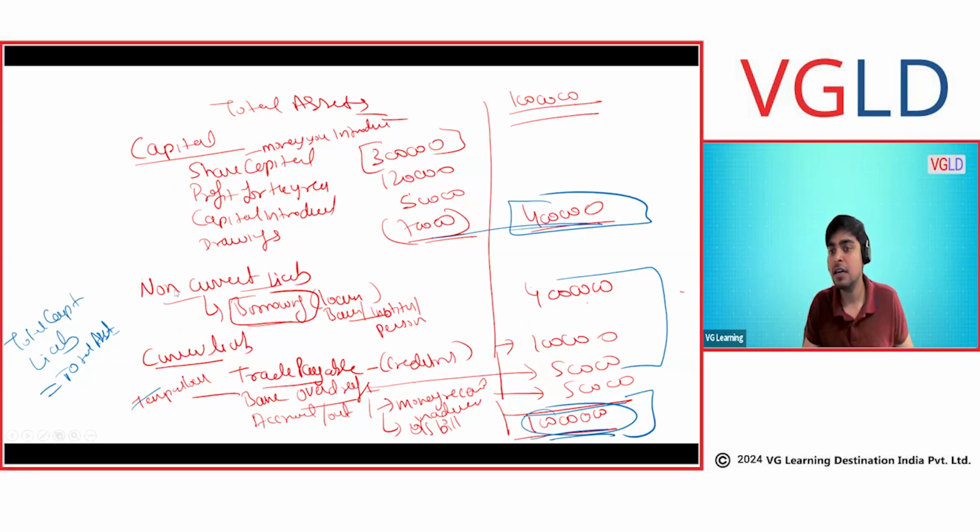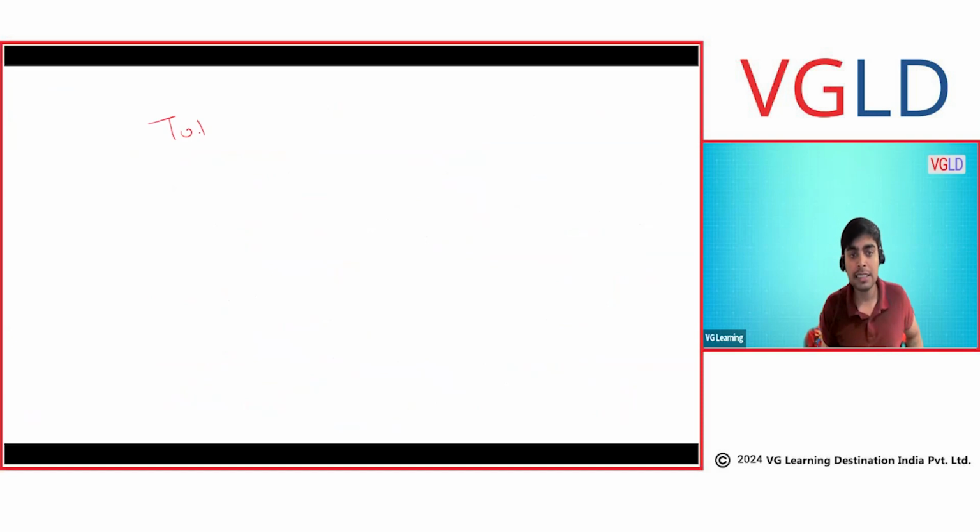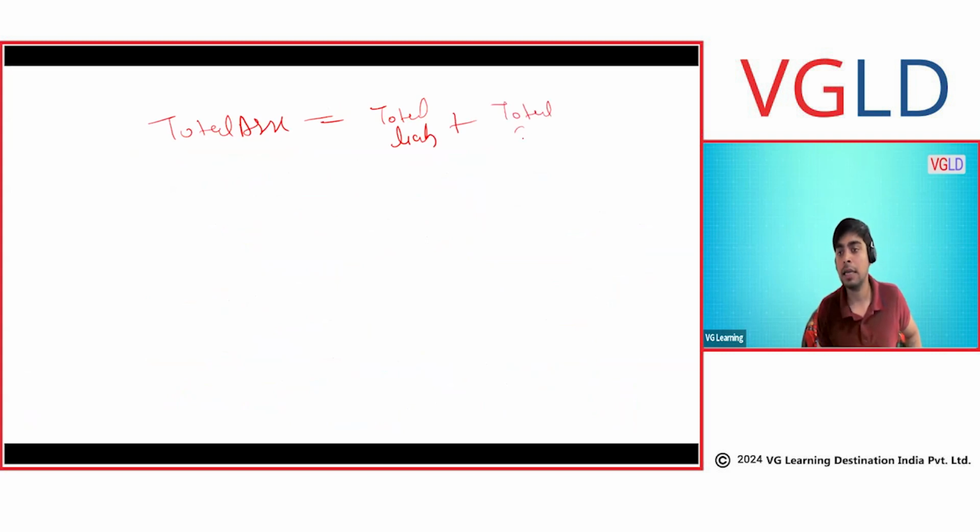Does the balance sheet always start... Okay, got it. Total capital equation, Ritika says. So total capital equation, let me just tell you. Ritika, first of all, tell me, are we clear that assets always match with liability? Total assets is equal to total liability plus total capital. First of all, tell me, was this equation clear with the balance sheet, Ritika?